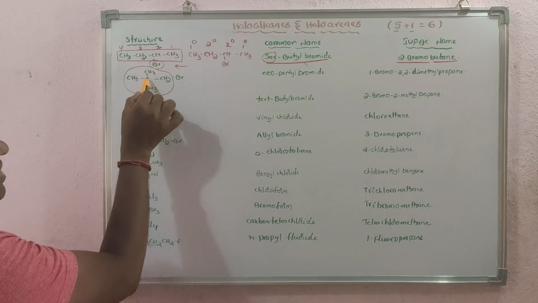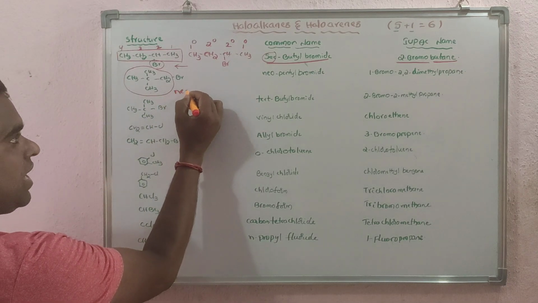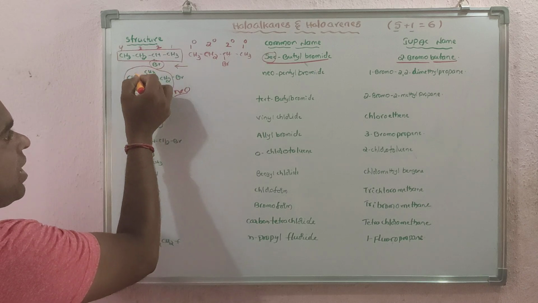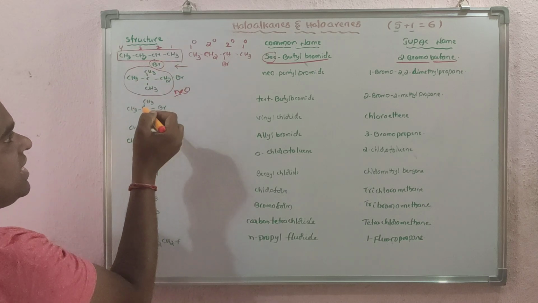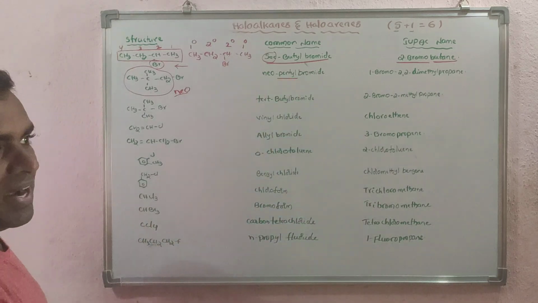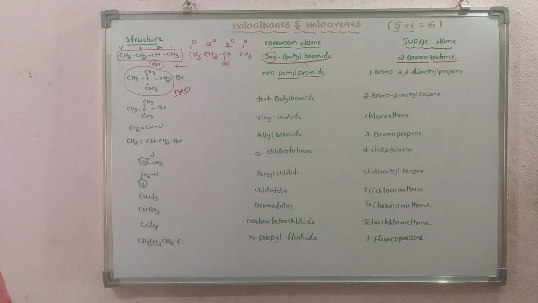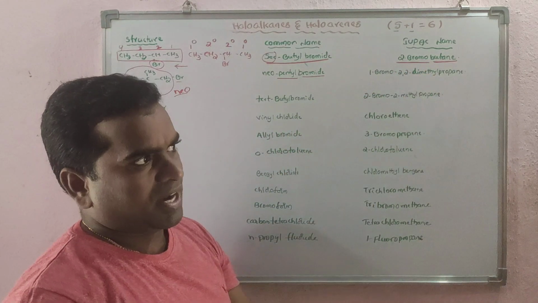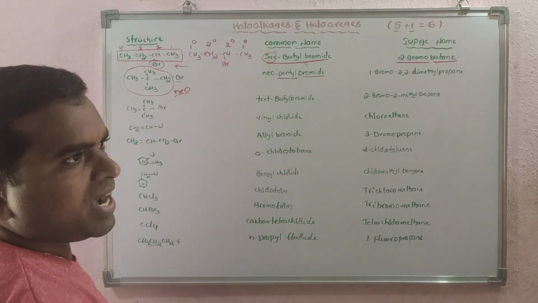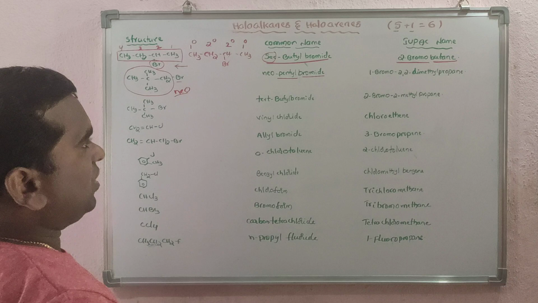In the same way, as we discussed in the last video, this group, CH3, CH3, CH3, CH2, we will call neo. This group we will call neo. And how many carbon atoms does this compound contain? 5. So that's why neopentyl. 5 means pentyl, and bromide is there. So neopentyl bromide. Now you have to write the IUPAC name. How to write the IUPAC name here? First you have to select the longest carbon chain and give the numbering in such a way that the substituent gets the lowest values.